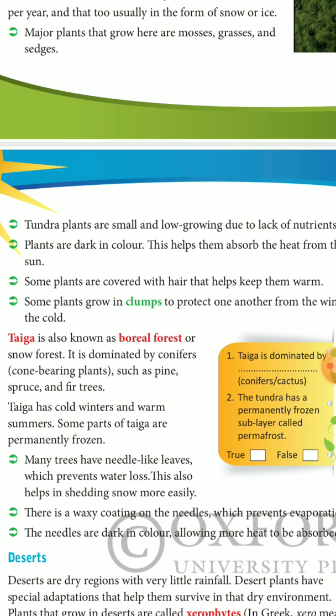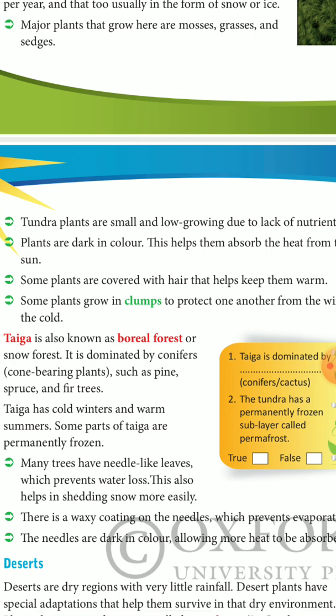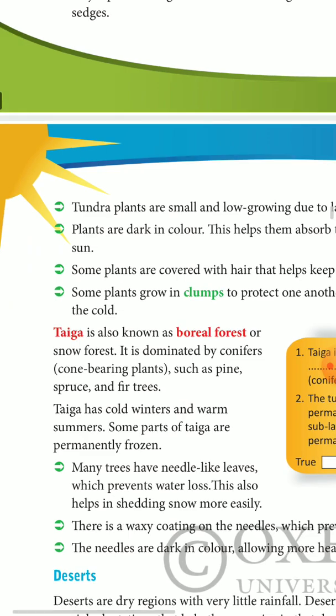Now what does the yak have on its body? It has long fur. In a similar way, the plants growing in very cold places like the tundra region will have a hair-like structure which will help the plant to keep warm during the cold winters. Now coming to the last adaptation.